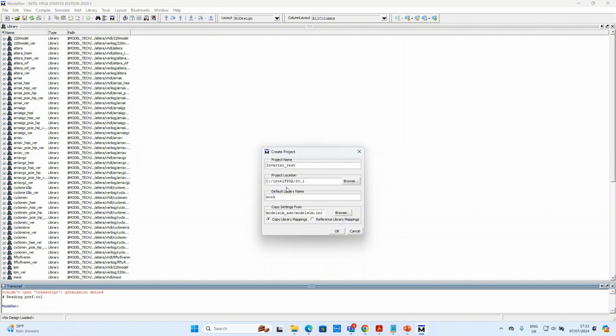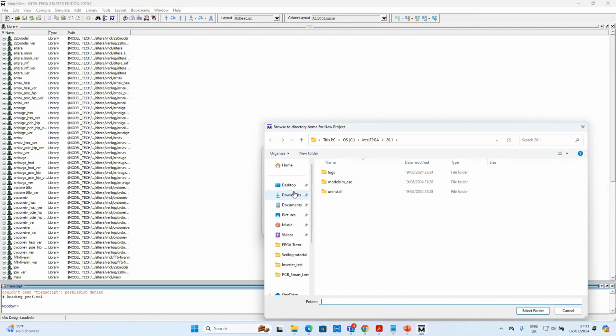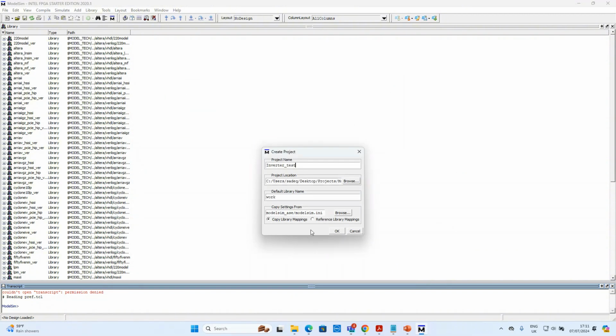Then it's asking us where to save the project, or the location of the project. We've already created a folder on the desktop where we'll save this project. So here you can see we have the folder projects and we created two folders, one for ModelSim and one for Quartus. So we'll select this folder, ModelSim 1, and our default library name will be work. So we'll keep it like this. Now if you press OK,